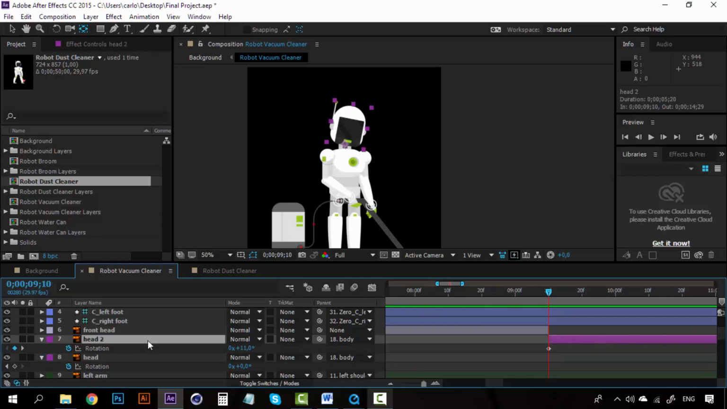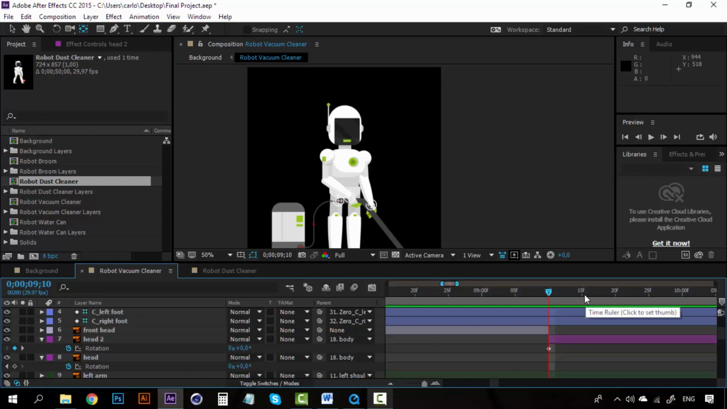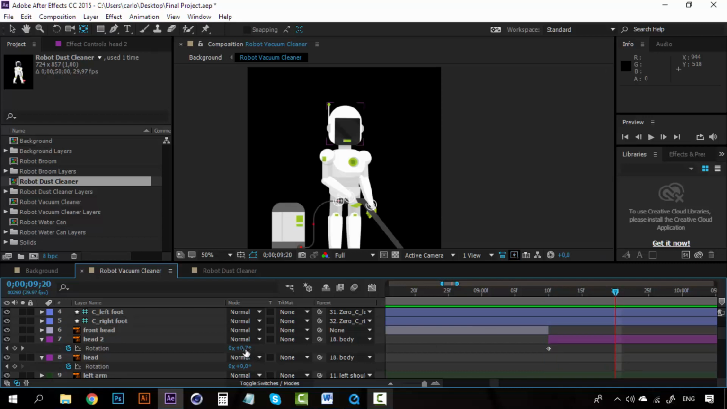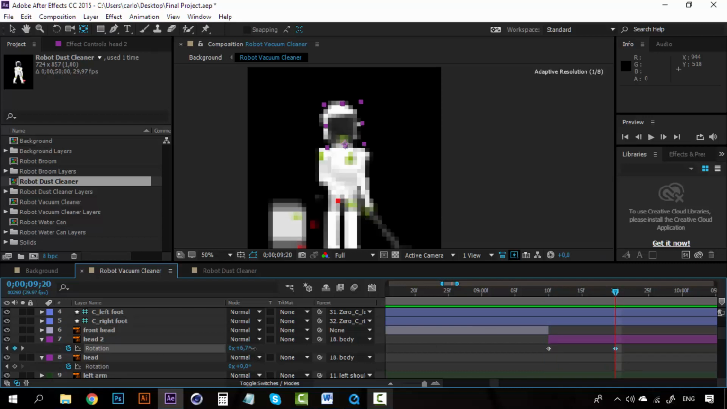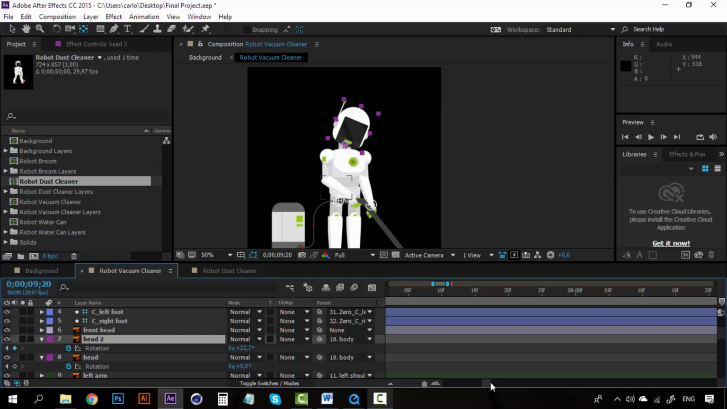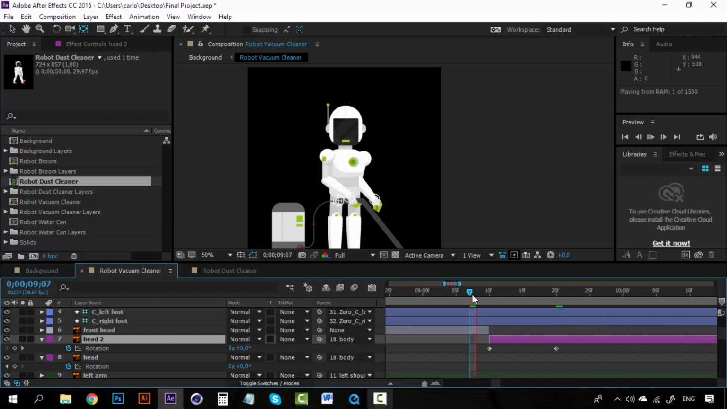Now open your rotation for this new copy and change the rotation to 0 degrees. Now move 10 frames and change the rotation to the right. You can delete these ones. So we should have something like this. Okay,